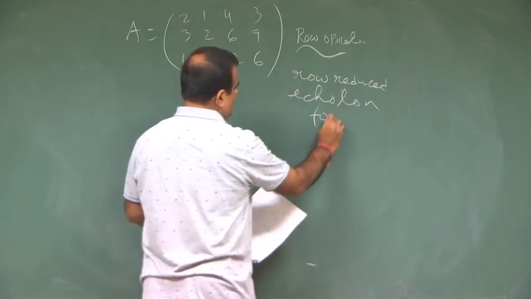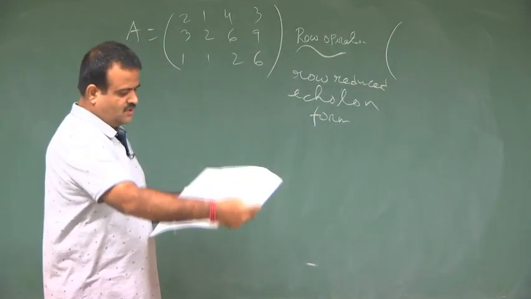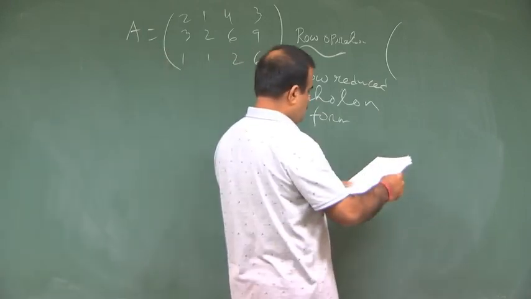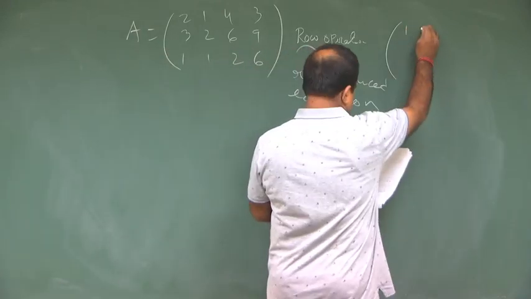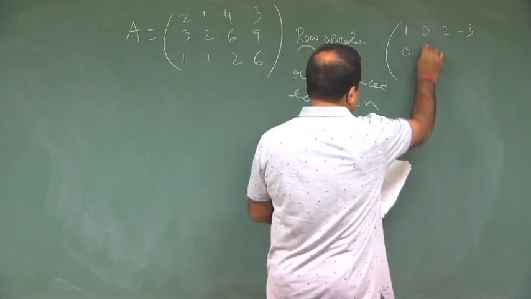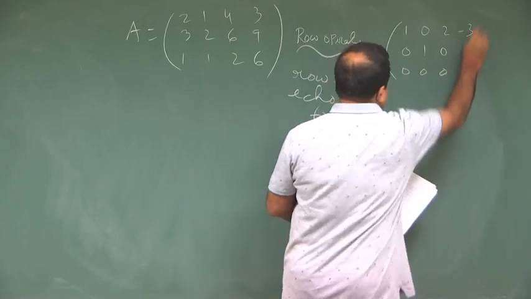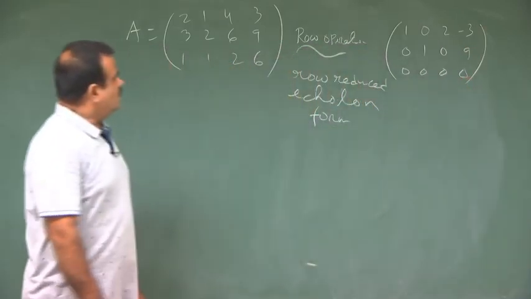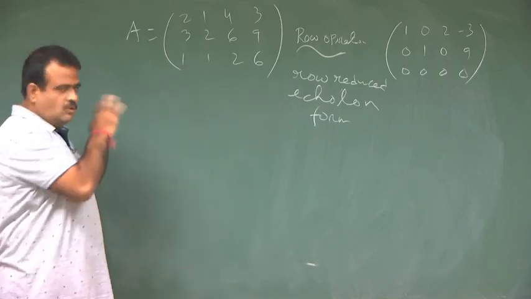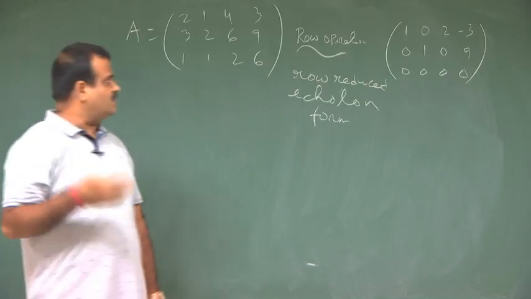This is a normal standard form, which we have seen, and it became of the form 1 0 2 minus 3 1 0 1 0 9, all are 0. This is the normal form. So, the rank of this, we know the rank of a matrix, we will come to that theorem. The rank of a matrix is the same as row rank and the same as column rank.